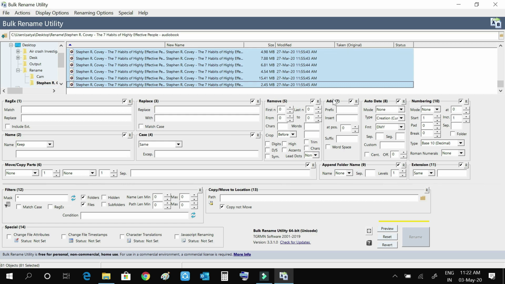See, here it is remove, add, auto date, numbering, extensions, folder name. There are many things. Copy part. In short, with this utility you can remove any number of letters or digits from the start or front, as well as from the end or in between.